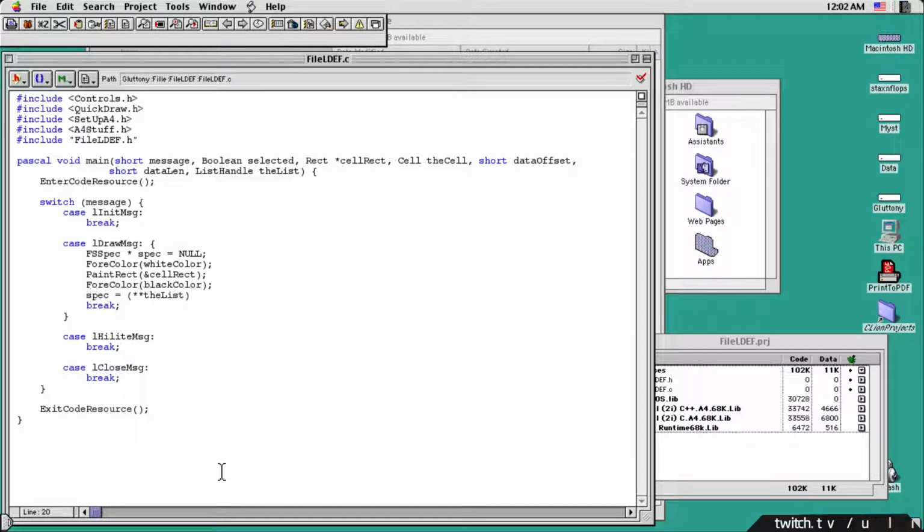Oh right, I have to do BlockMove. The list. And it said something about cells. Okay. The list cells